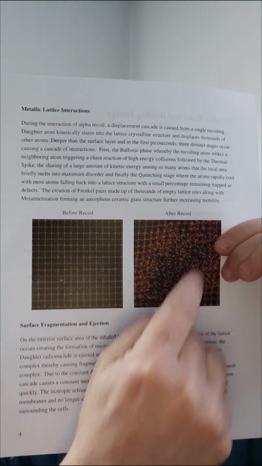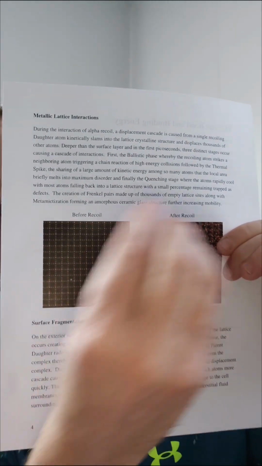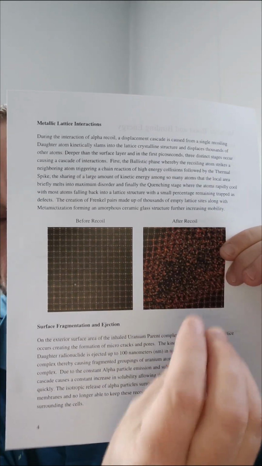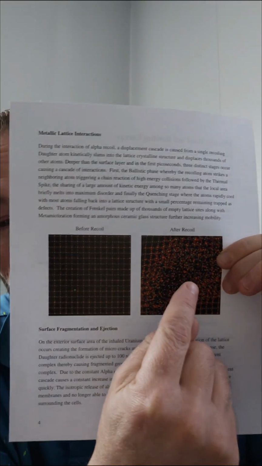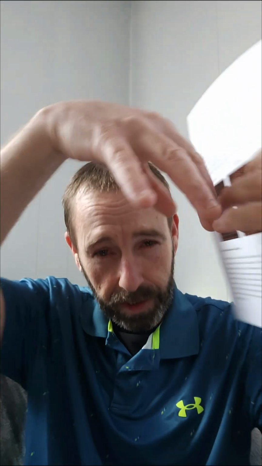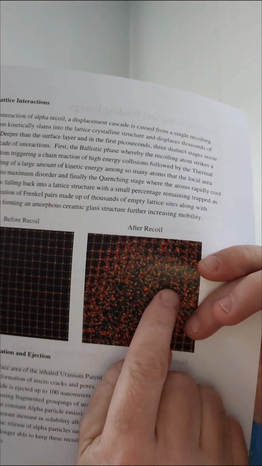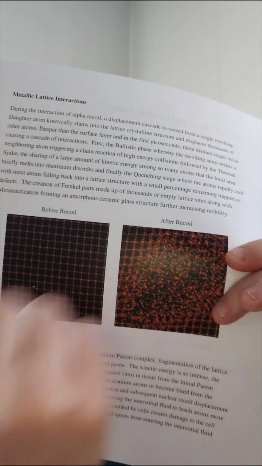It is displaced. Within picoseconds, it will melt. It will cause this chaos, and then it will quench. And many of them will return back to a lattice structure. The problem is many of them don't, and either return as defects, or in the case of the surface of this PM10 dust particle that you ingested, many of these uranium uranyl ions will become detached from that dust particle and no longer be part of the mass,